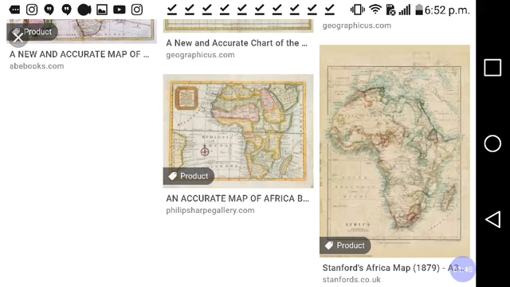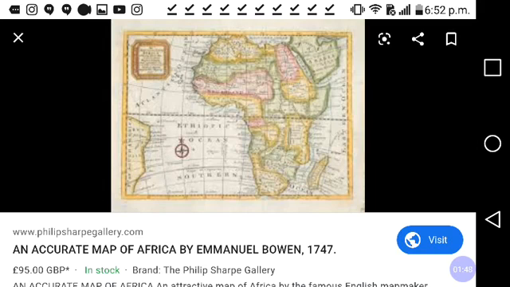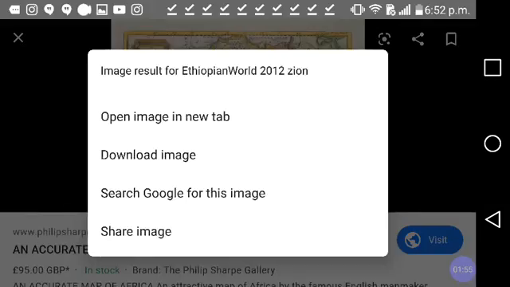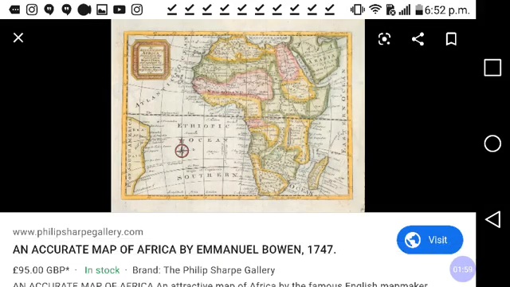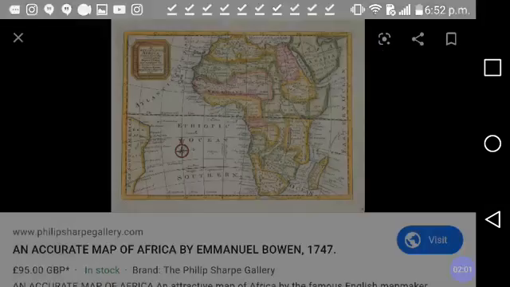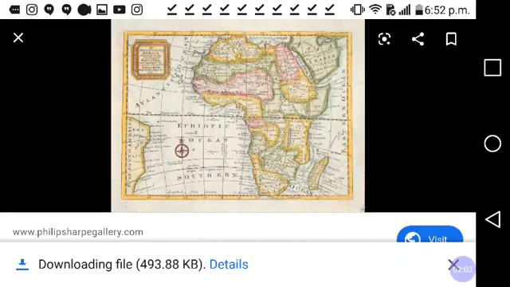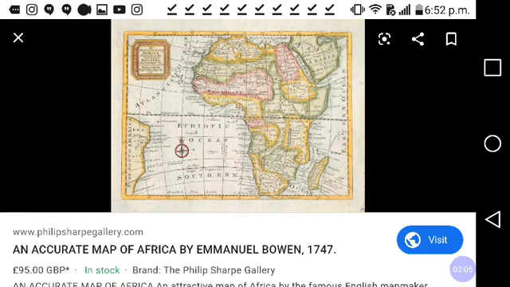Now here's an interesting one. I think this is a fresh pick right here. Let's just do this. We're going to save these as we go along. It's important to save these as we go along, sometimes just to double tap save. Now this one right here is mapped by Emmanuel Bowen,